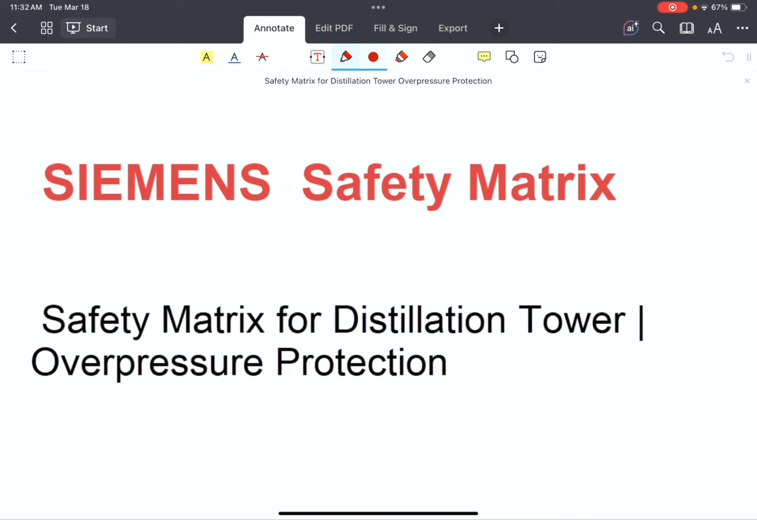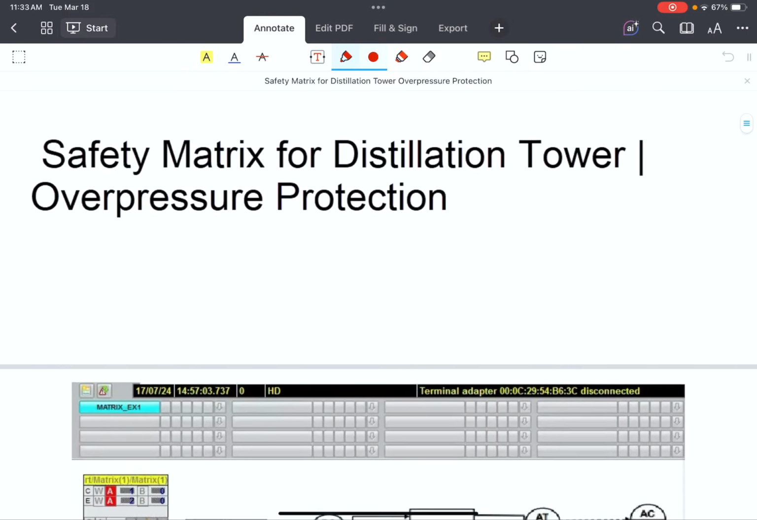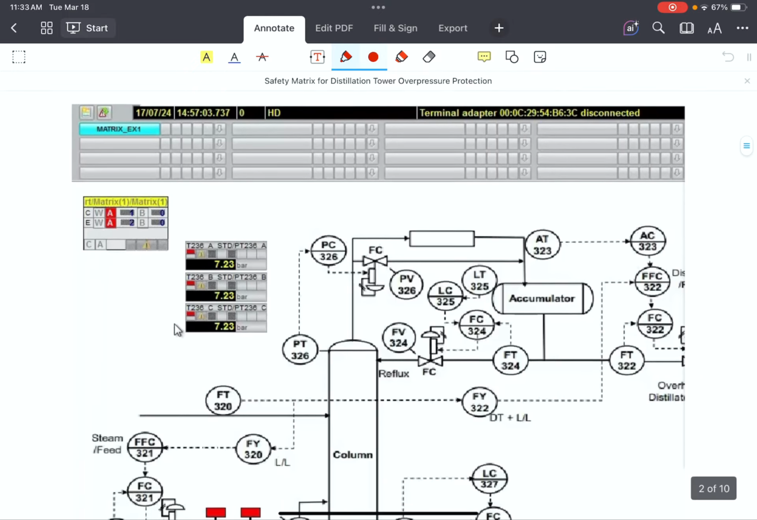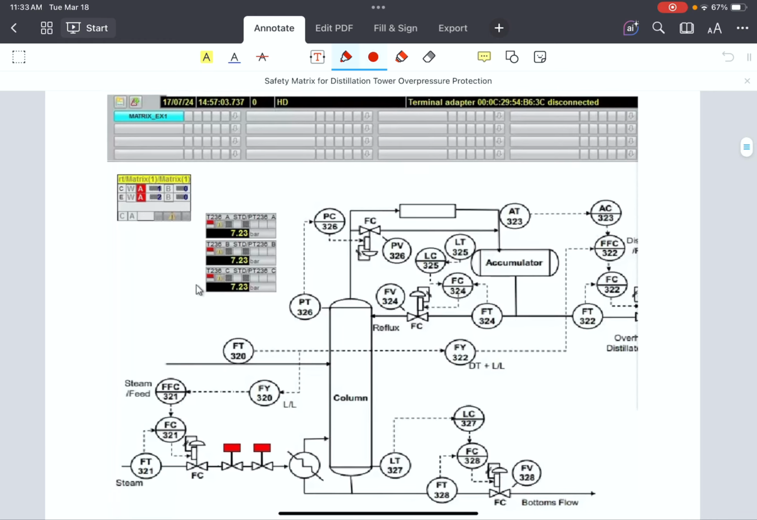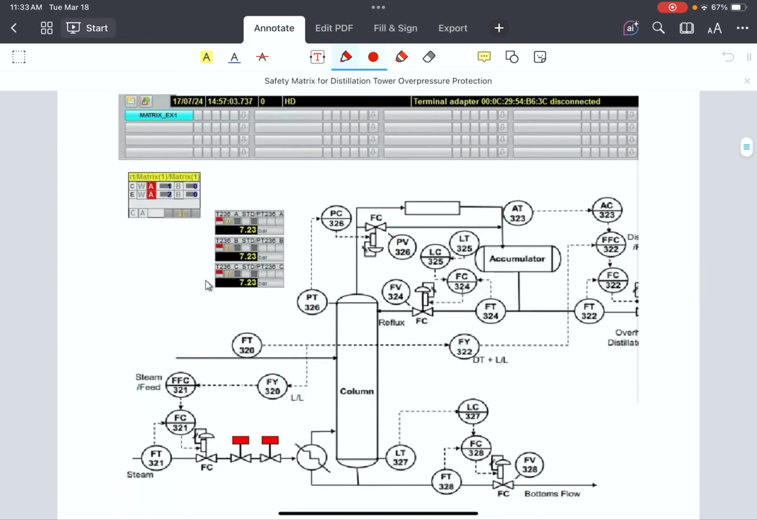As you may remember, we previously demonstrated the control of the distillation tower by using strong control templates of PCS7. Previously, we did it in our PCS7 course. Now, in this safety course,